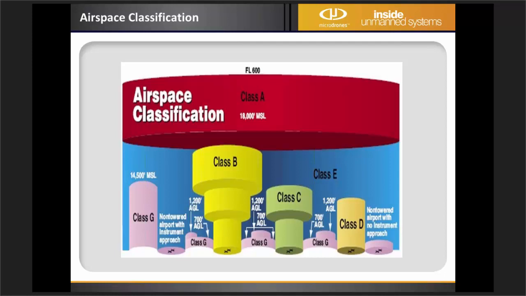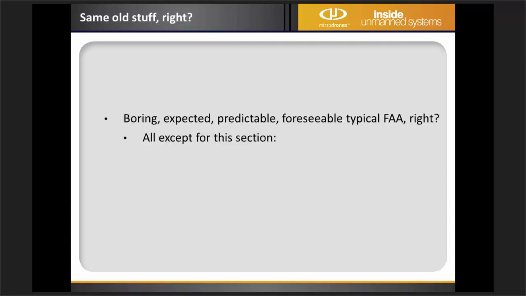The cool part is previously you were restricted from flying within 5 nautical miles of an airport unless you talk to the tower. That restriction is removed, and so this means as long as you fly within 107, stay within Class G, you don't have to let that small non-towered aircraft that happens to be within 5 miles of your backyard know that you're going to be flying it. And correct me if I'm wrong, that's about 90% of everything that classifies as an airport in this country. So that's absolutely fantastic. But all in all, I'm going to go with this is boring, expected, predictable, foreseeable, typical FAA,